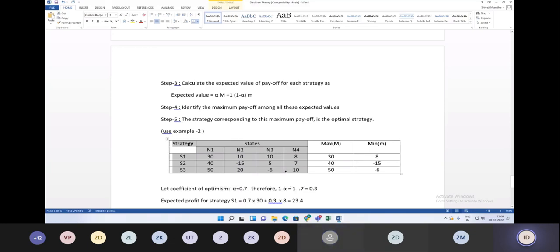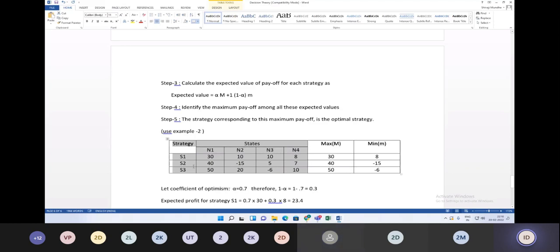There are scientific methods to take a decision. That is called decision theory. Most of the organizations are applying such kind of technique. This is a real life technique used in industry also.